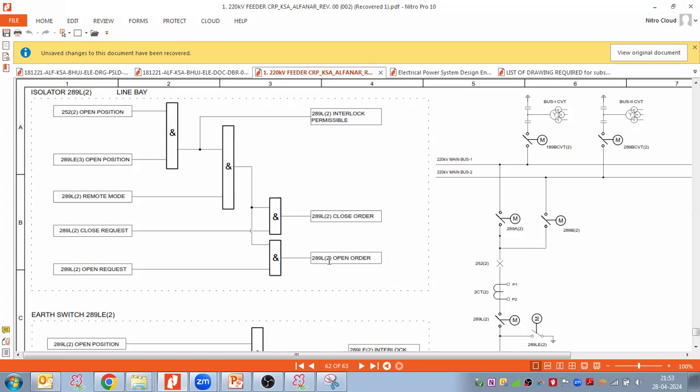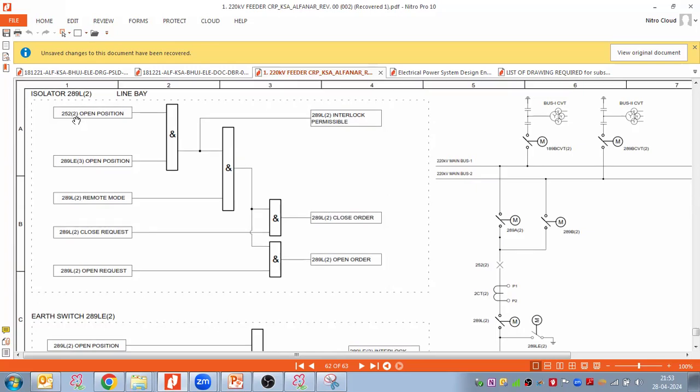Similarly, the same criteria apply when I want to open the isolators. Now I think Dinesh, you can correlate with your query as well here. If I want to open the isolators, first my breaker should be in the open position, right, Dinesh? Yes, sir. So my breaker is in the open position, my line earthing switch is in the open position. When both are 1 and 1, the output is 1, and this 1 feeds to the AND gate. When my line isolator is in the remote mode, that is also 1, so the output is 1. This 1 feeds to this AND gate along with my open request,